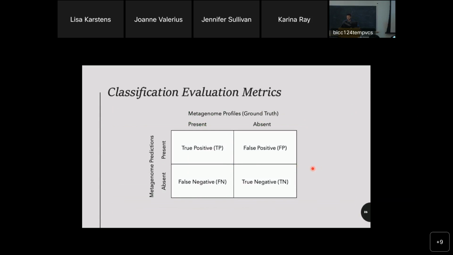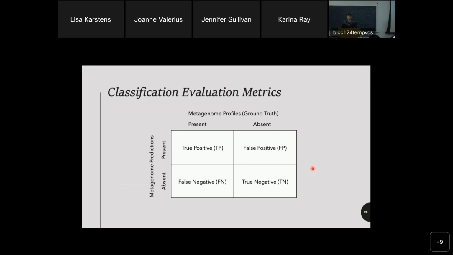So by converting gene abundance tables in metagenome predictions and profiles to binary, where 0 represents the absence of a gene and 1 represents the presence of a gene, and any gene with an abundance greater than 0 was considered to be present, we can treat metagenomic inference as a classification task. And since we can treat it as a classification task, we can use classification evaluation metrics to evaluate the performance